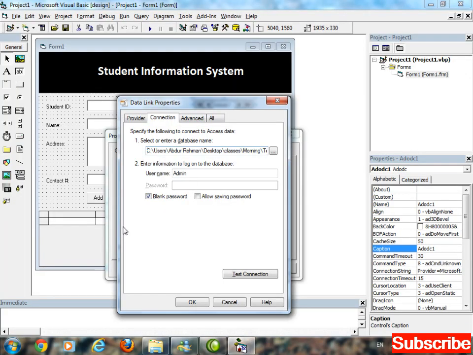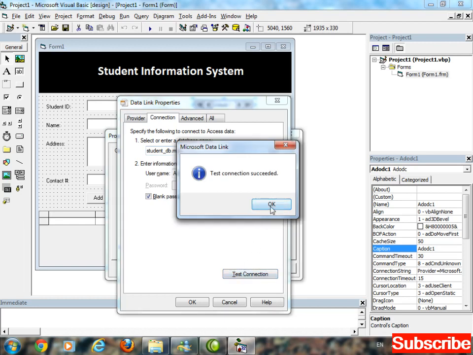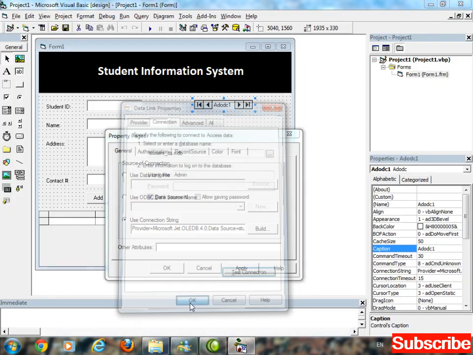So now you can remove this extra path from here. Why are we going to remove this extra path? Because at the end of class I will give you the copy of this complete project. When you copy the complete project inside your computer, this will not work because of this location. So therefore remove this and just keep the name of database. Now test connection. Test connection succeeded.